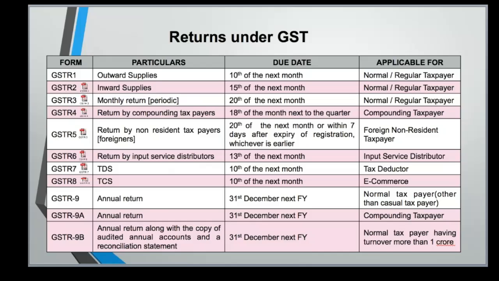We are purchasing paint at 28%, but we are supplying to streets and selling at 18%. What is the rate of tax for me? Sir, your principal supply is the supply of sheets. So the tax rate will be 18% only. The 28% credit on paints is an incidental component that you are purchasing. You would be allowed the full credit, no restriction on credit at all.